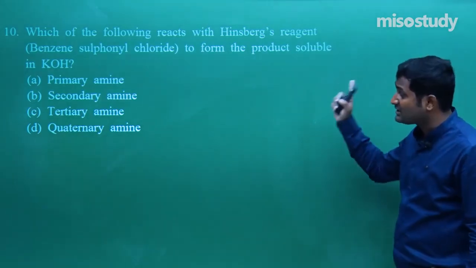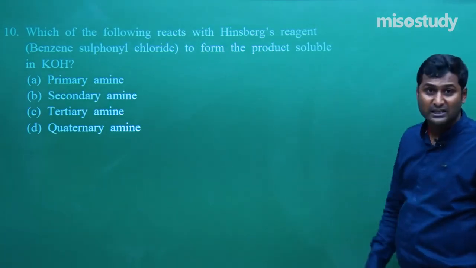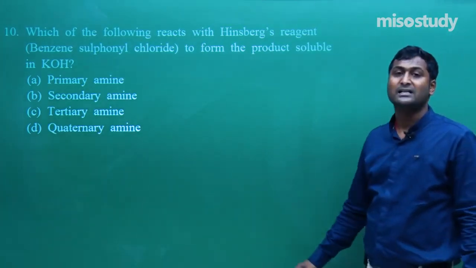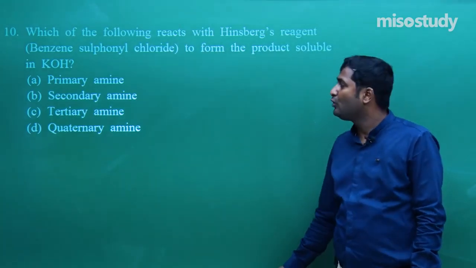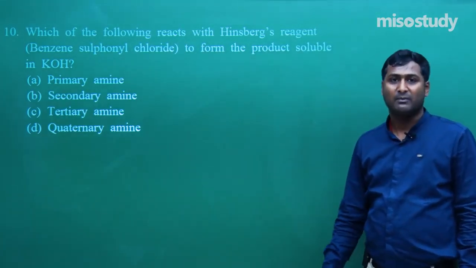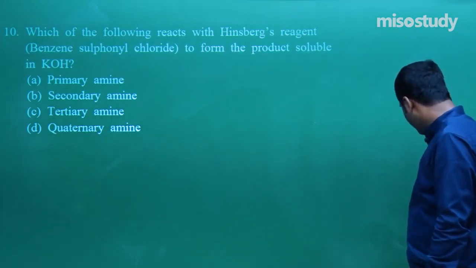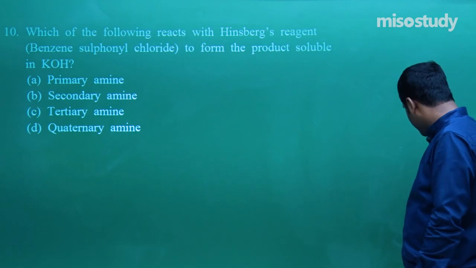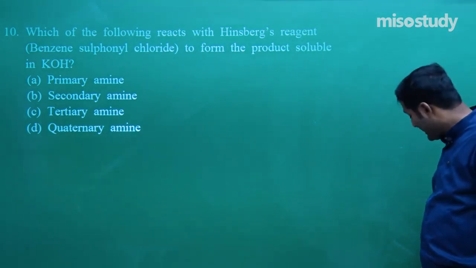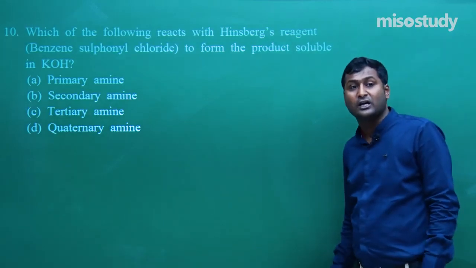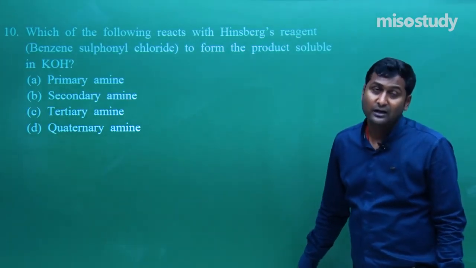During my lecture I have discussed this, so I am not going to explain those things again. Hinsberg reagent, benzene sulfonyl chloride, with primary amine gives a clear solution. So the answer is primary amine. So friend, I think now you can easily solve such types of questions. While solving questions, you have to focus on theory. First boost your knowledge, then try to solve such questions. You do not require any kind of help. Clear?